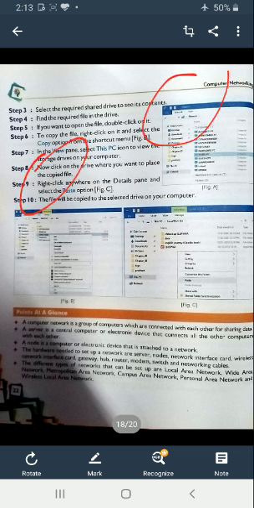If there are two computers, computer 1 and computer 2, these computers are connected through the network.